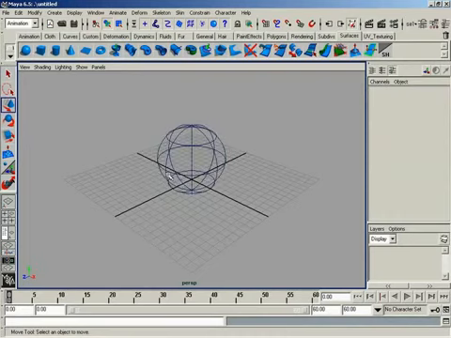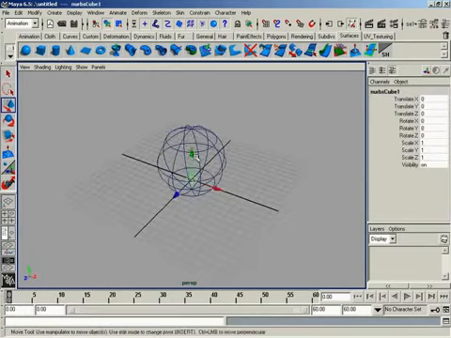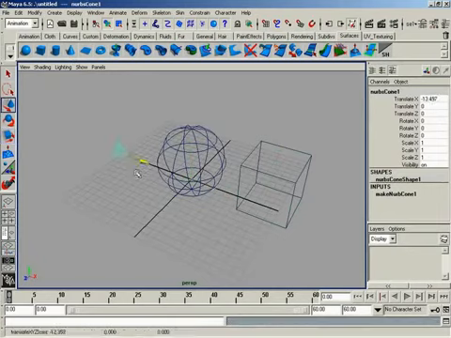Now, fortunately, this is only just below the surface of everything you can do as far as shading up your viewport. Let me go ahead and create a couple more objects. We'll create a cube, and I'll scale it up, and let's go ahead and create a cone, and scale that up, and I'll move it a little bit,